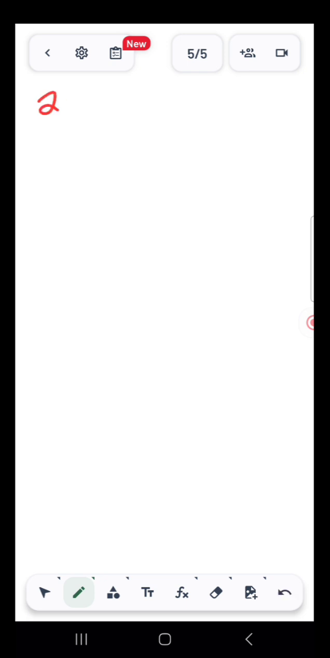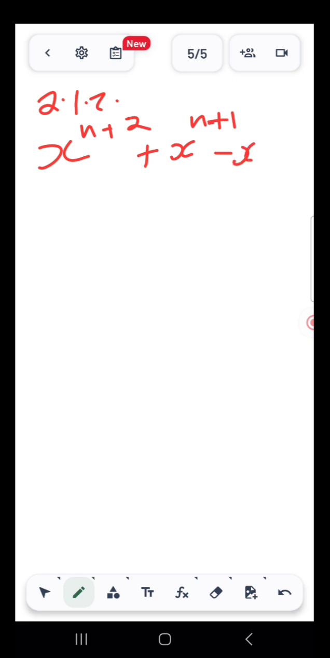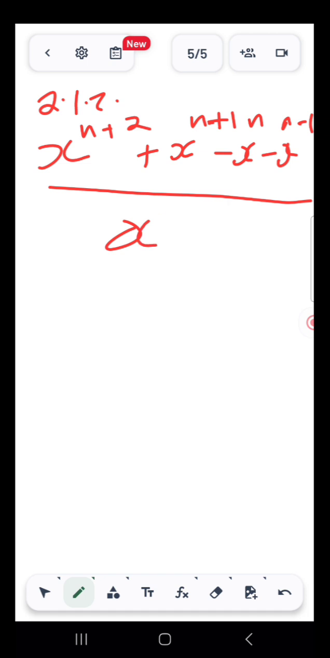So we have 2.1.2, and then our expression is x to the exponent of n plus 2, plus x to the exponent of n plus 1, minus x to the exponent of n, minus x to the exponent of n minus 1, all over x squared minus 1 equals,